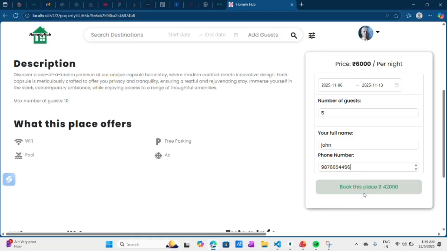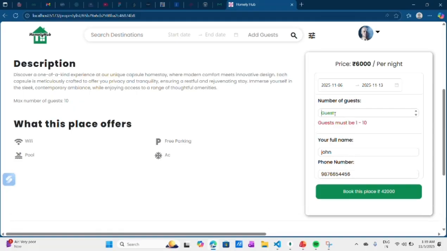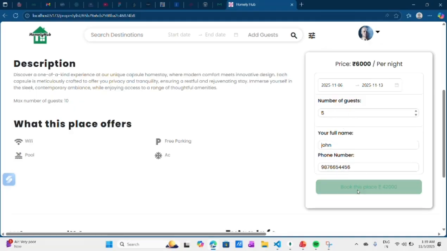Now here comes the most interesting part, in the button below where you can see book this place rupees. Initially you can see 0 there, and when you add the number of guests and number of days you can stay, then you can see a total price which you have to pay to book that property.